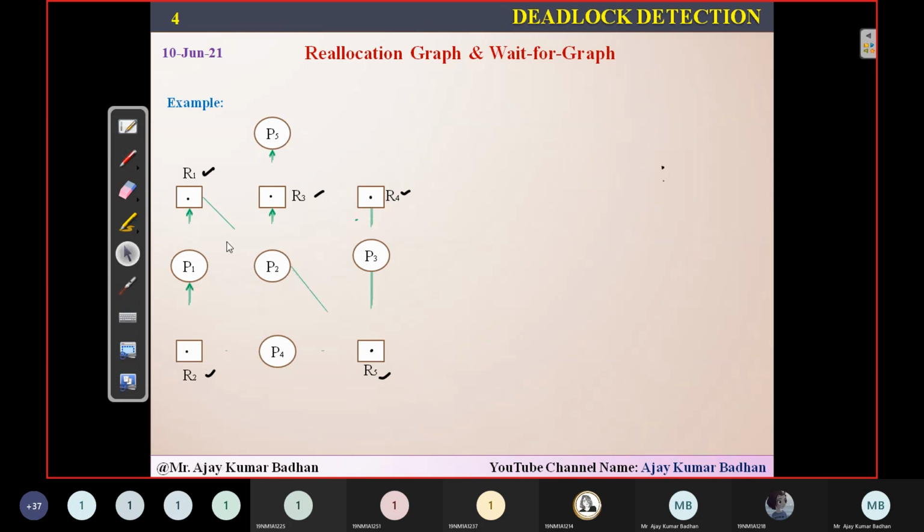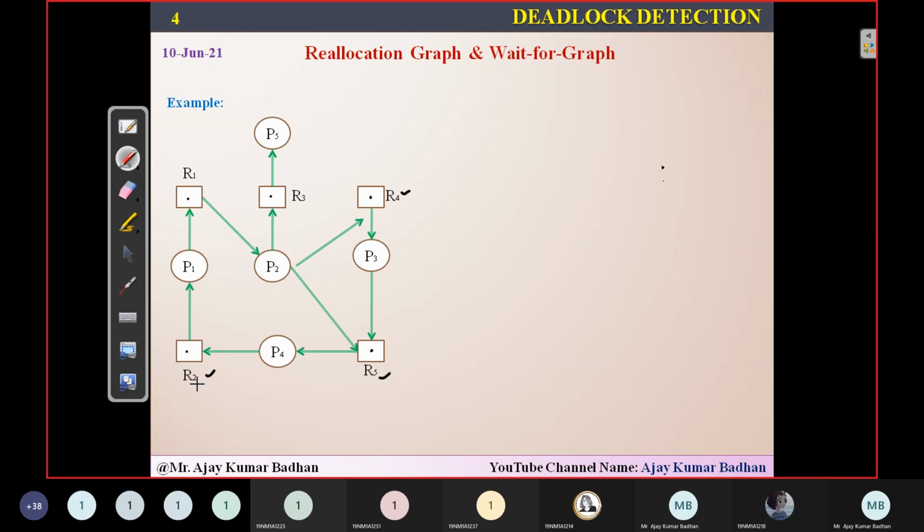Okay. Now this is the communication between them. This is how they are communicating. Now, what does this mean? Let me explain it. For R1, you can see the arrow is from resource R1 to process P2. What does that indicate? That this particular process P2 is holding this particular resource. Now, if you see here, from P1, the arrow is going towards R1. That indicates that P1 is requesting this particular resource R1.